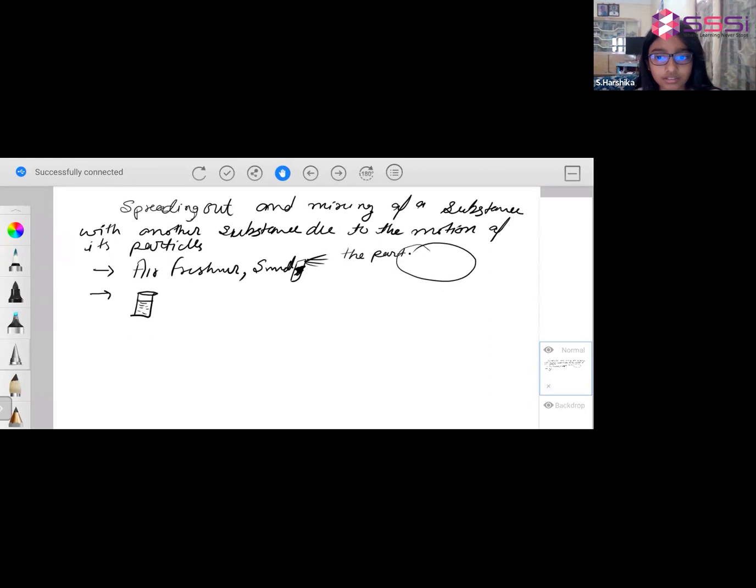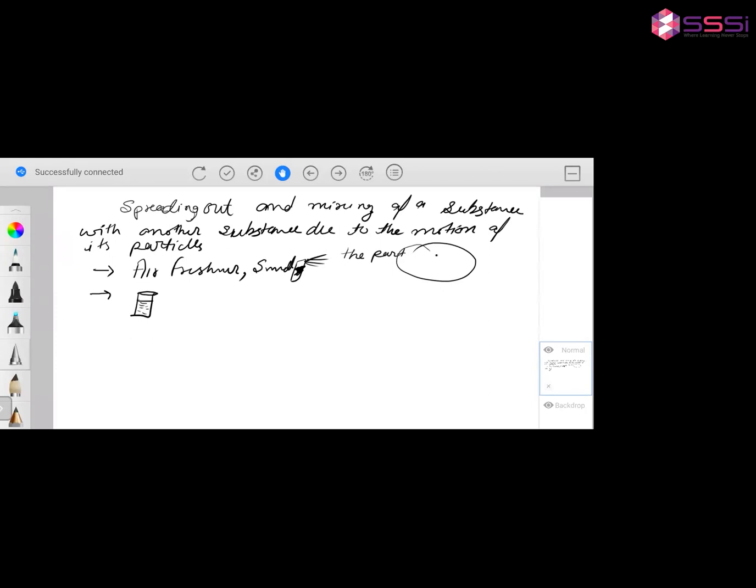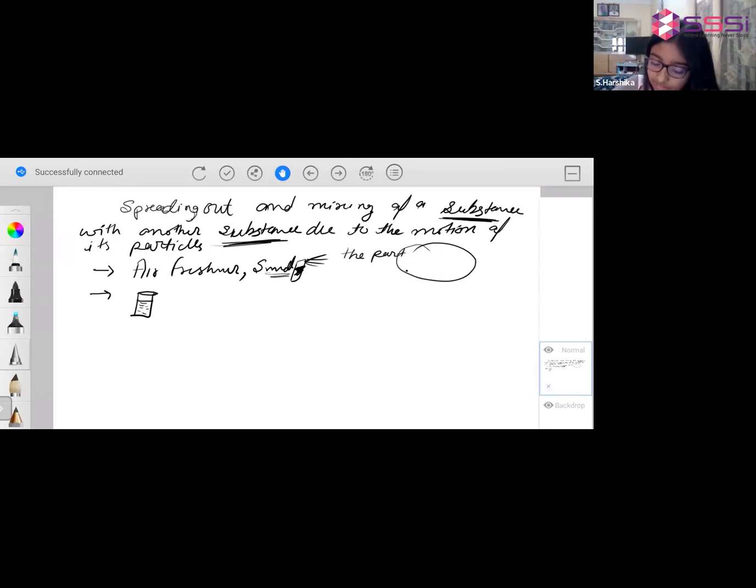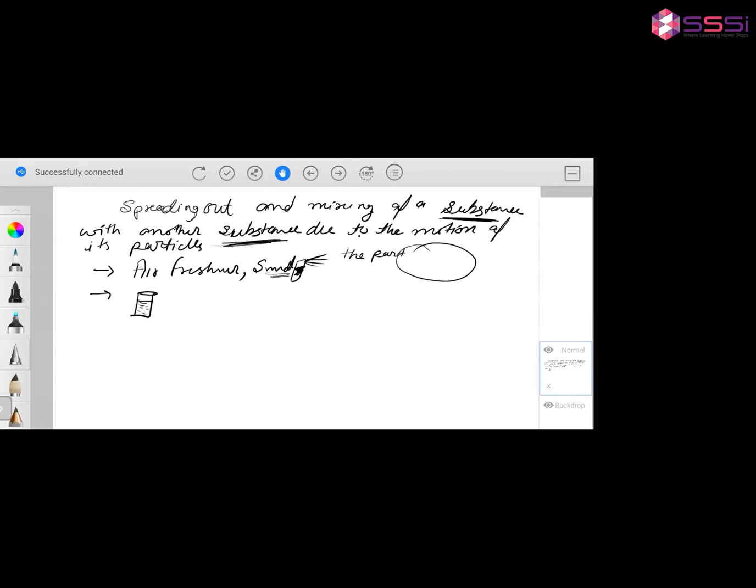So, mixing of a substance with another substance. The first substance is that scented liquid, and the other substance is gas, the air, in the case of this air freshener. So this air freshener substance spreads into the air, another substance, right?